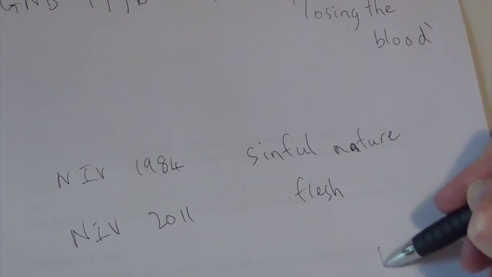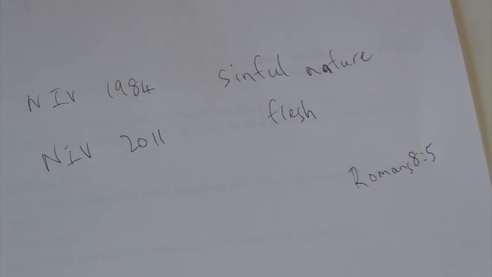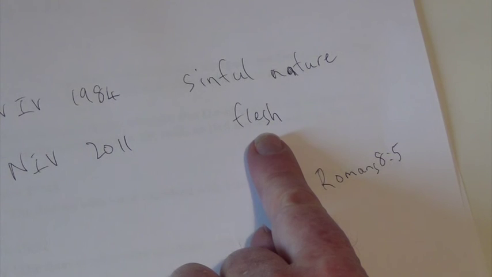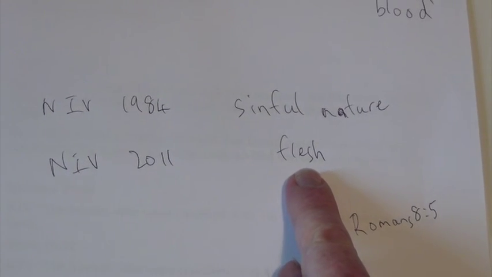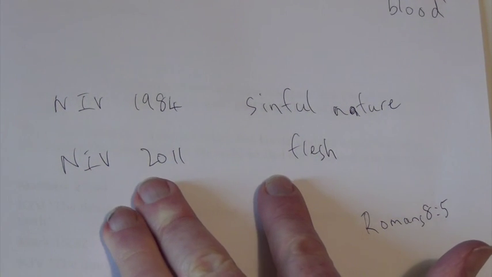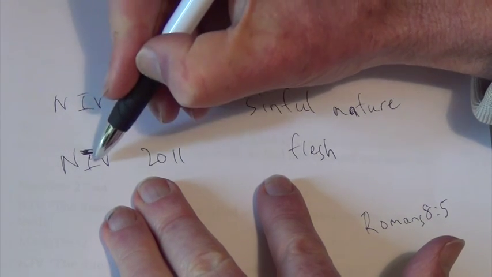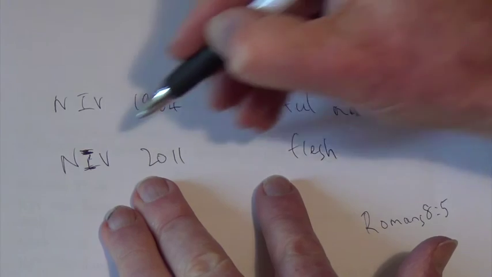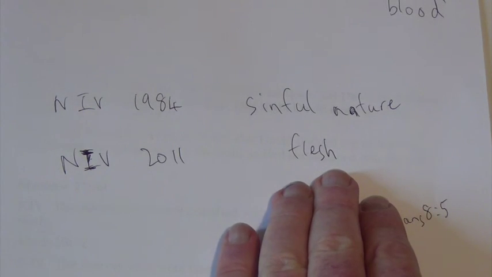For example, you can see this in Romans 8:5. Now, we do use the word flesh in normal English, but nothing like the meaning that it has in Bible English. So, like I say, the NIV 2011 is an excellent translation. It's well worth looking at, but in order to benefit from it, you need to have a good understanding of